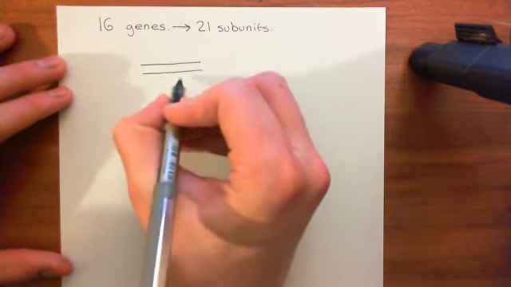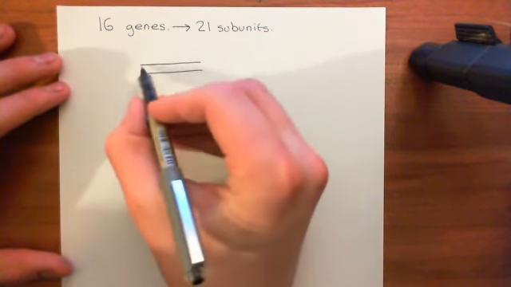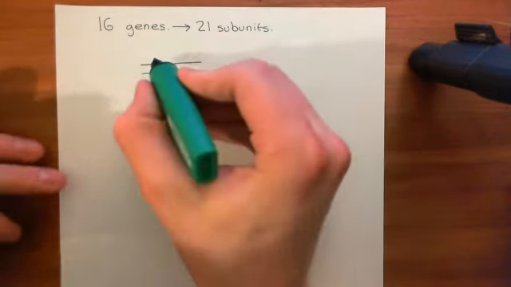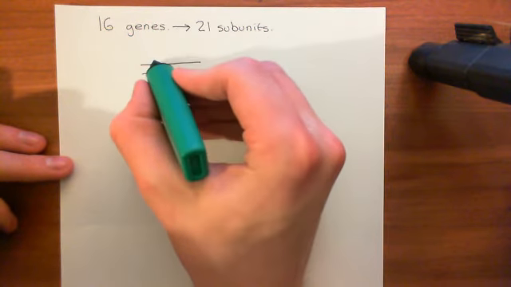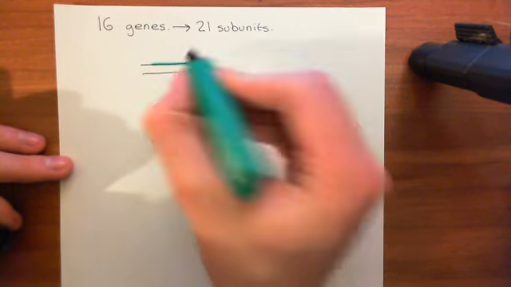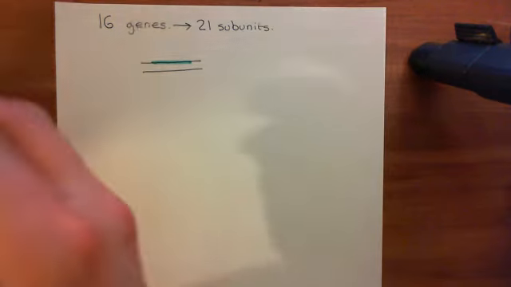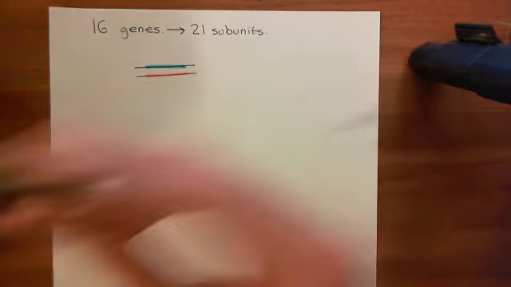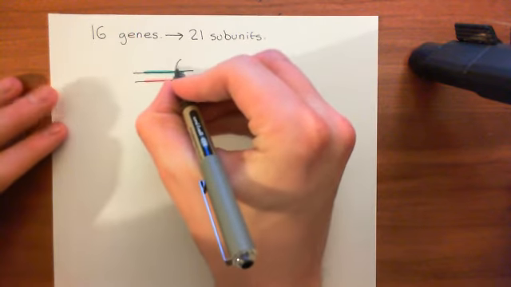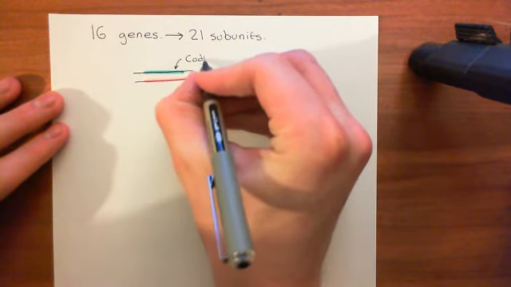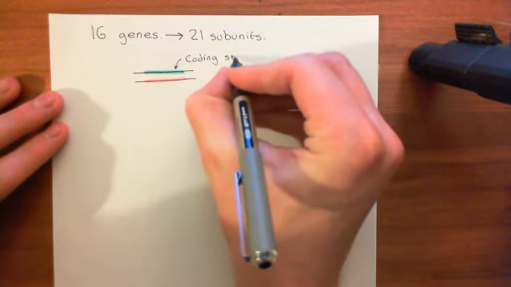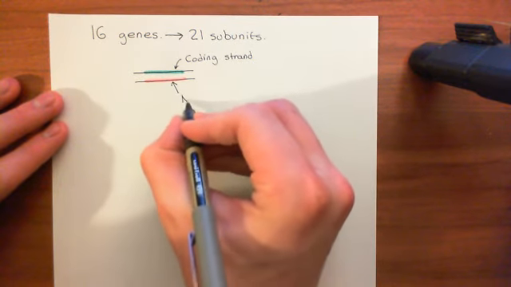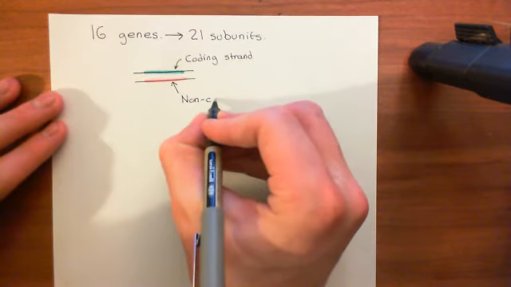Let these 2 lines here represent the double-stranded DNA. If we're looking at the gene for an alpha subunit, then you will have a coding strand and you will also have a non-coding strand. I'll show the coding strand in turquoise, and the non-coding strand in red. So in turquoise, this is the coding strand, and in red, this is the non-coding strand. Now, what does this actually mean? Well, basically, when you actually produce